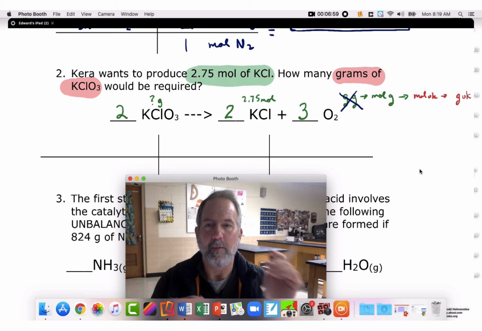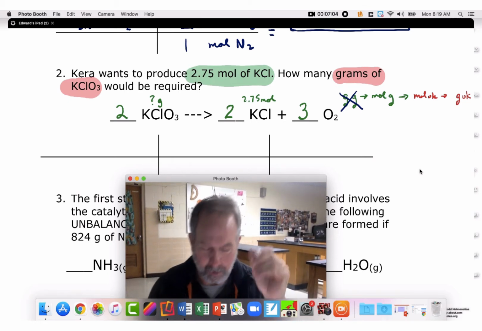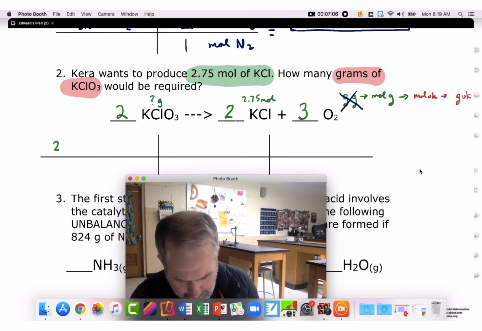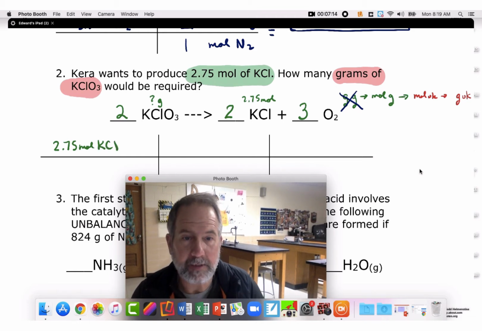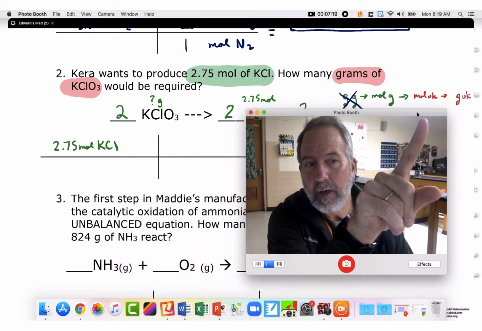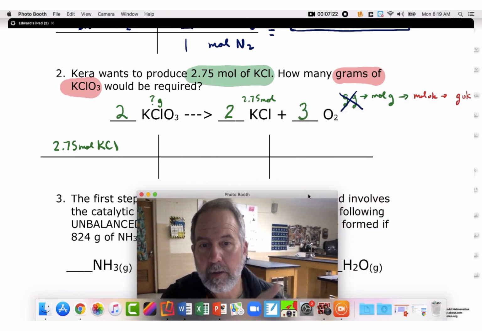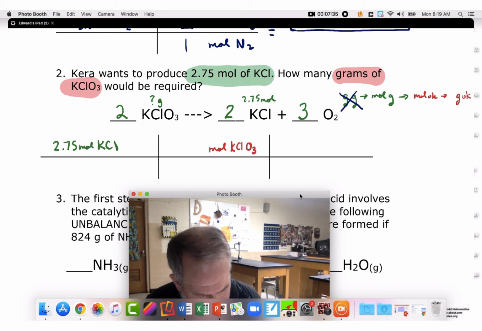All right, now, remember our given. So we have moles given, so we're going to start with moles. So we have 2.75 moles of KCl. What are we going to do next? Right? Moles of unknown, grams of unknown. So now we're going to go to our moles of unknown. So moles of KClO3, grams of